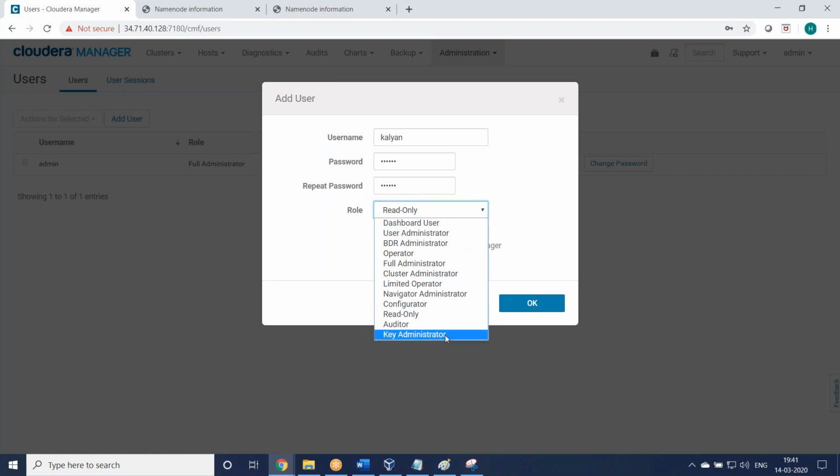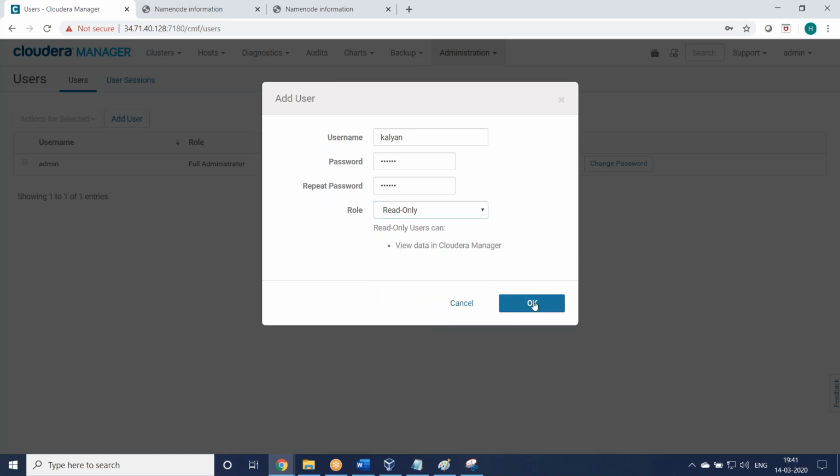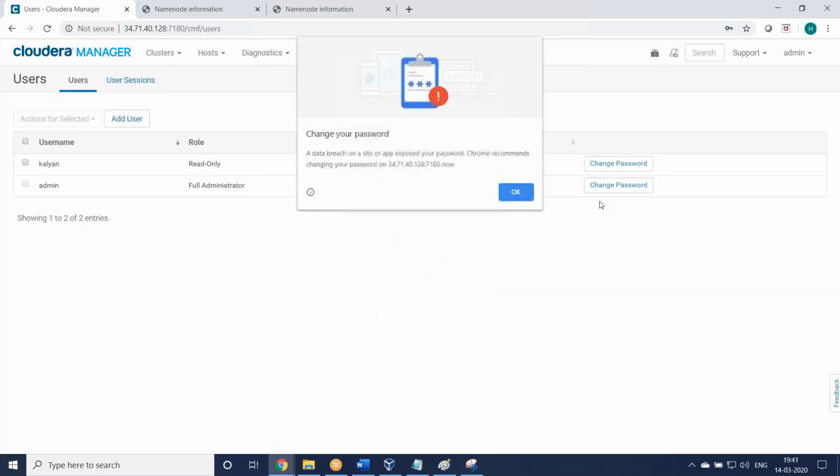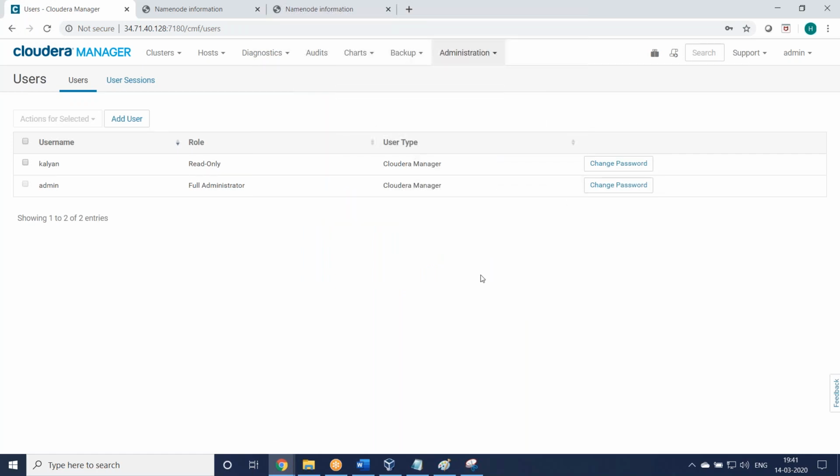For you, I'm not giving administrator. I'll give you only operator or read-only cluster. It means you don't have full access to the cluster. You are not a full administrator. You cannot restart services. You have only read-only, just monitoring the cluster.